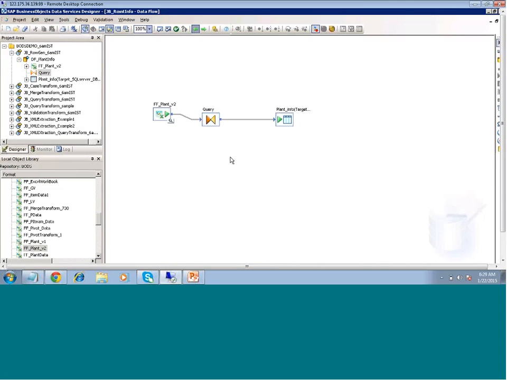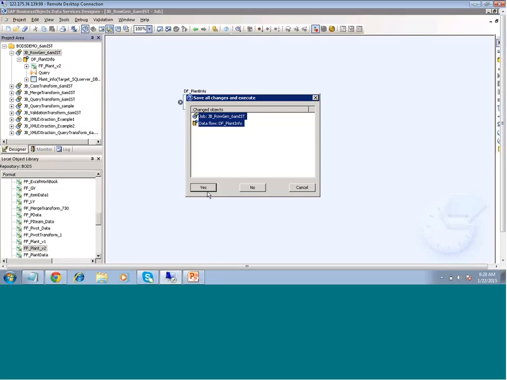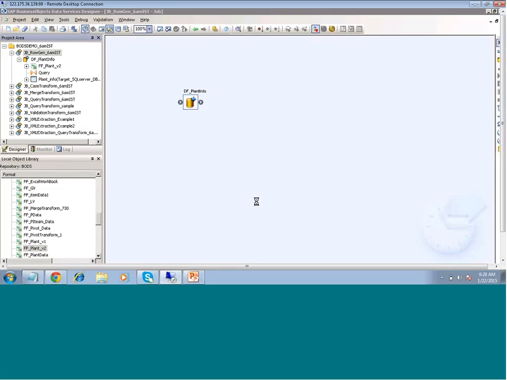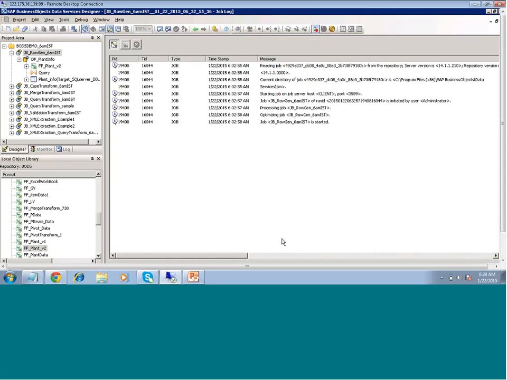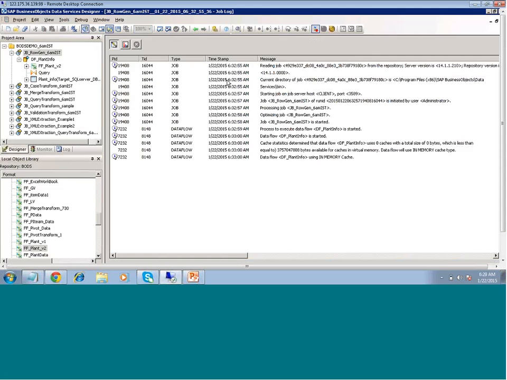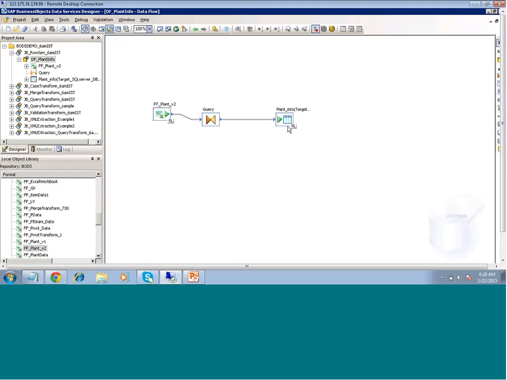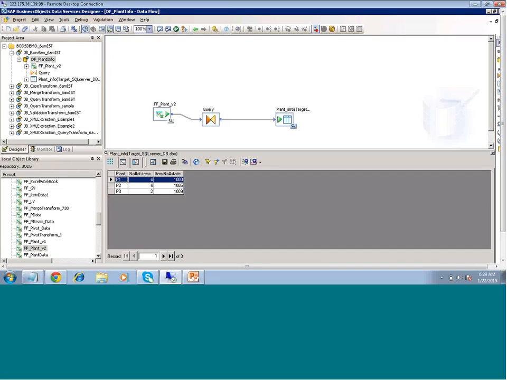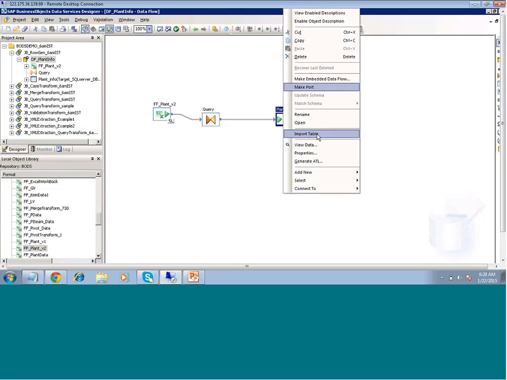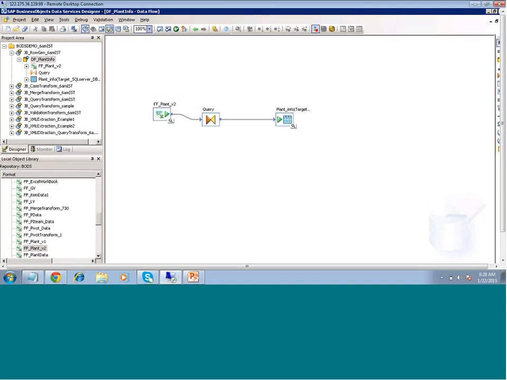Once that is completed, I am defining one more data flow, because the data flow that I have mentioned here will take care of loading the plant information into the staging table. Now we have simply executed the job. So it will load the three records here. So now I will try to make it a permanent table. That's the reason why I just did a right click and